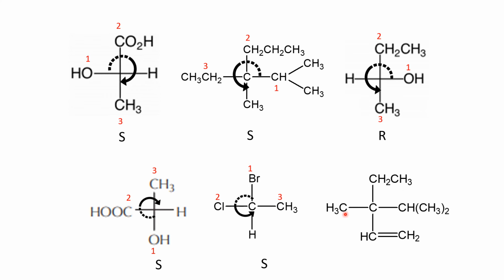It can be clear now that methyl will get the last priority, and we have to reverse our configuration because it is on the horizontal line. Now coming to these groups, this is attached to only 1 carbon, this is attached to 2 carbons, and this is attached to a carbon which is having a double bond. So here it should be counted twice. So total 4 carbons over here, it will get priority. So first priority, second and then third, we are going in anti-clockwise direction, S. But because of the fourth priority, we are reversing it to get R configuration.